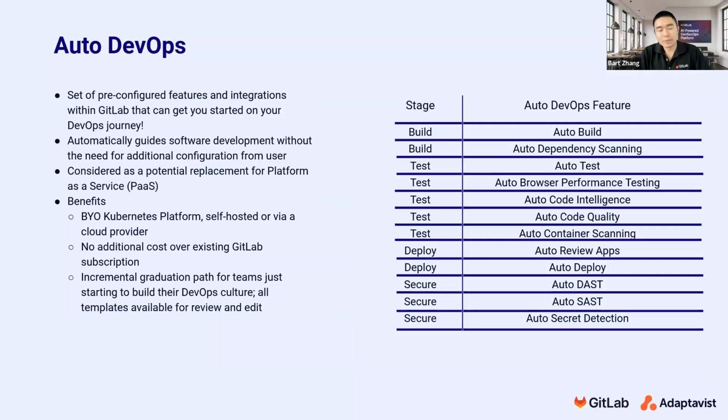So with Auto DevOps, now you get a set of pre-configured templates that are going to be specific to your language, and you don't need to do a whole lot of hands-on in order to get these pipelines up and running on your projects. And this is, again, a very hands-off, hands-free way to introduce CI/CD deployment strategies to your projects. So we actually will take a look at what languages are present or application-specific binaries are present within your